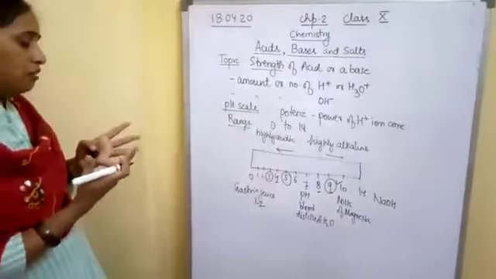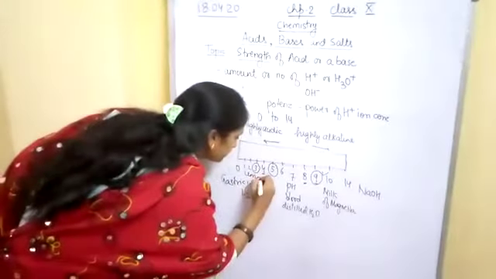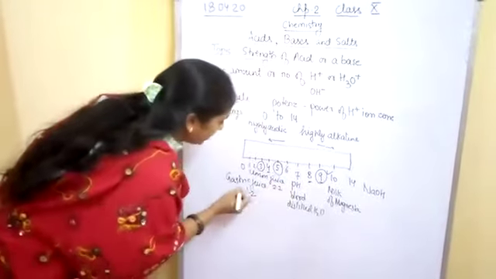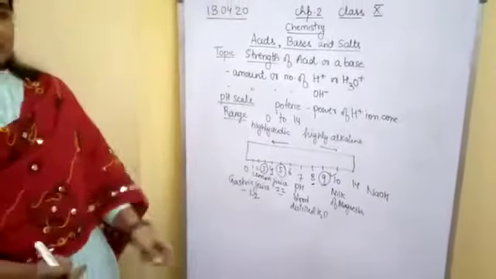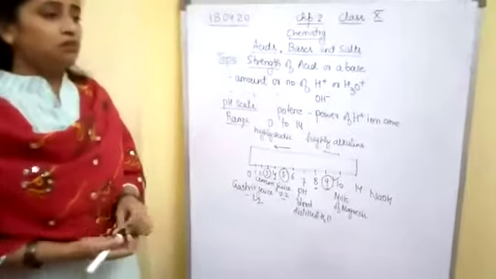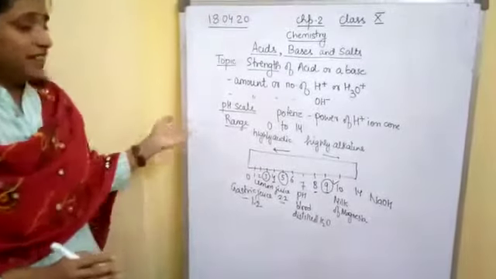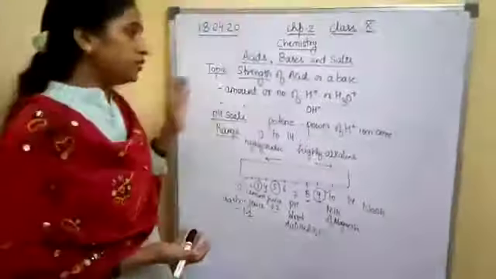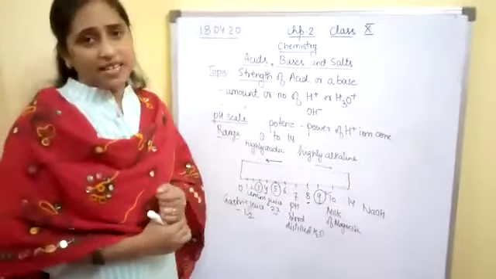Lemon juice has a pH of 2.2. If I compare gastric juice and lemon juice, which will be more acidic? The gastric juice present in our stomach will be more acidic. So this was all about the pH scale, and in the next topic we will be learning about pH in everyday life. So students, please go through this topic and study it thoroughly. Stay at home. Thank you.